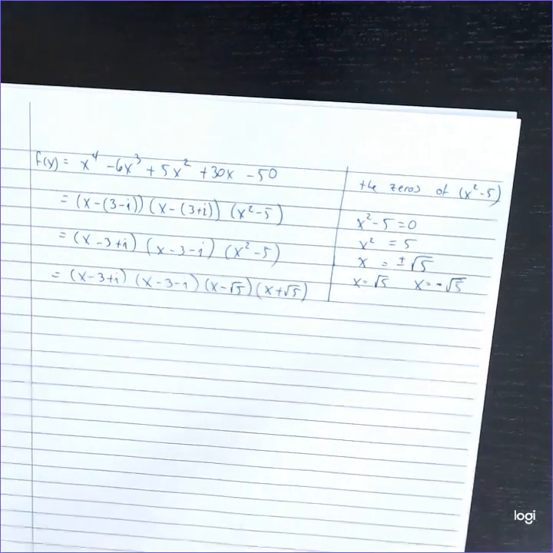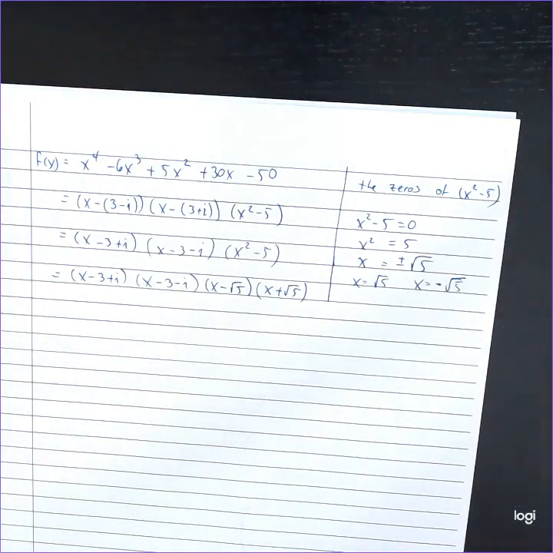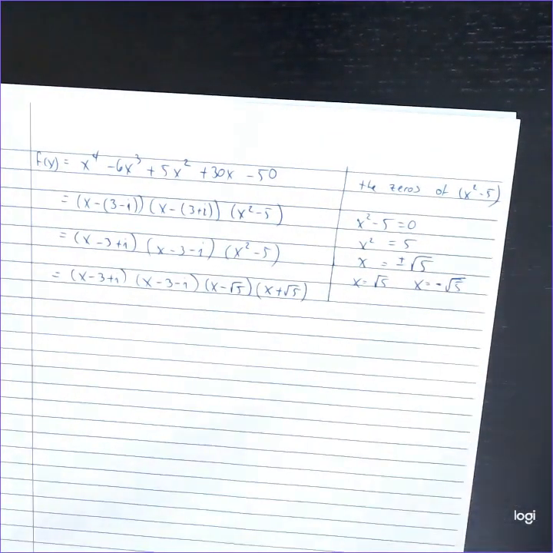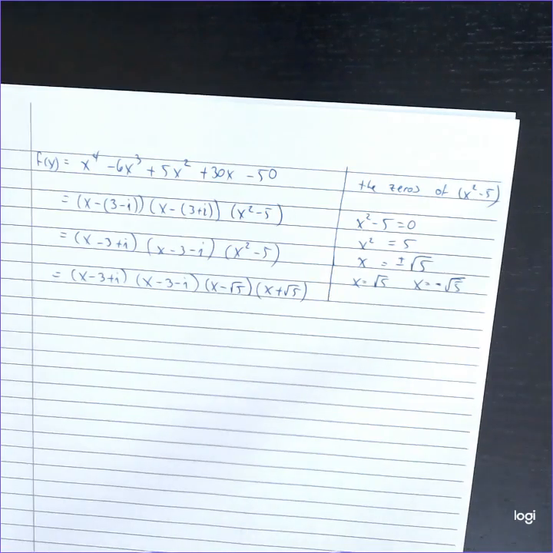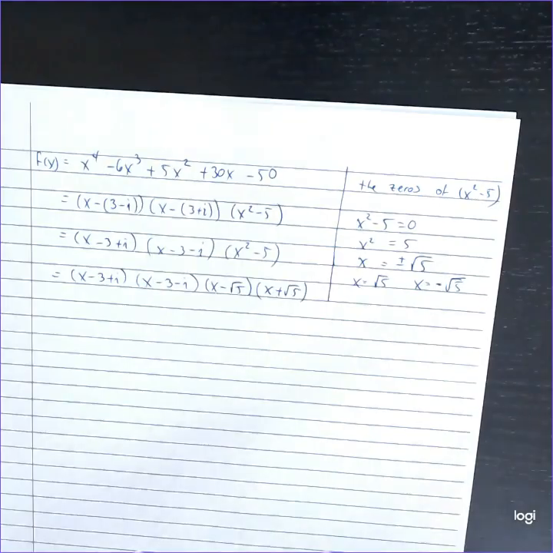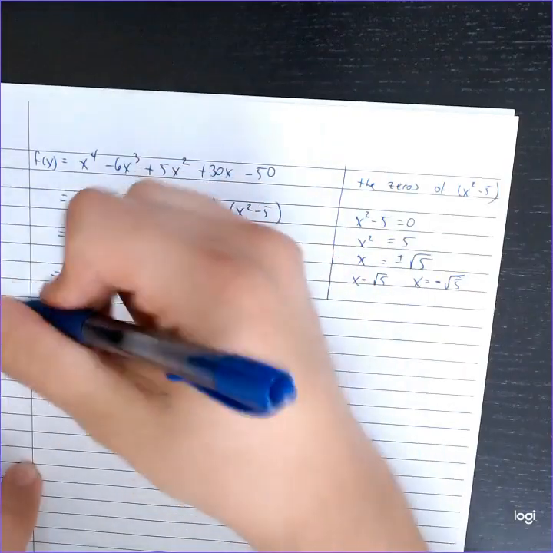For our last problems, let's take a look at something that asks us to take a function and build it. In other words, we're going to go backwards from what we usually do. Usually we're told, here's a built polynomial function, go ahead and break it apart. Now they're going to give us a description of the polynomial function and ask us to recreate it. So let's write a polynomial function